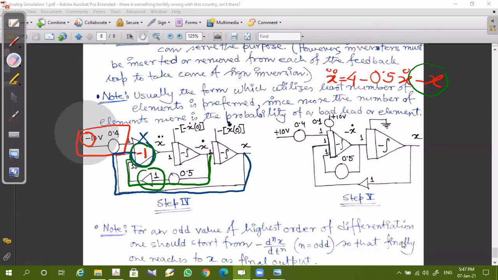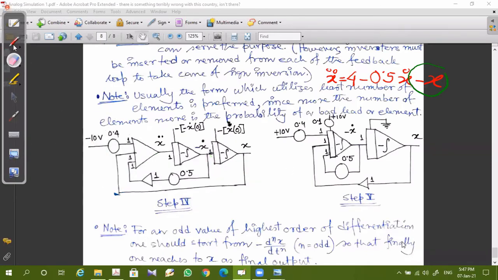An entire block of op-amp and its connections are eliminated. This entire block is eliminated. Rather, we are using this integrator to its full capacity. Okay, and there's only a slight shift of this inverter from this path to this path. That doesn't count here. So this omission will make the circuit more concise or precise, right? So we'll be using this for our analog simulation study,